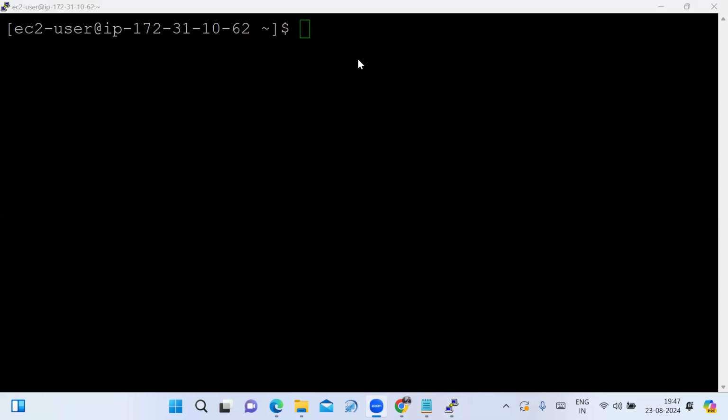Why have I given login as EC2-user? Friends, I am typing login as EC2-user. Is there any reason why I gave this? Yes, the reason is